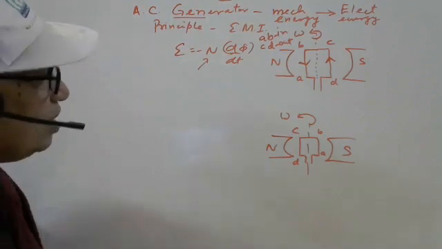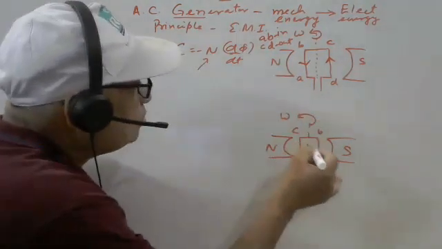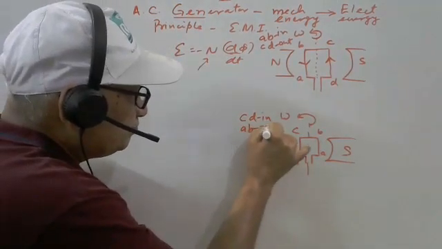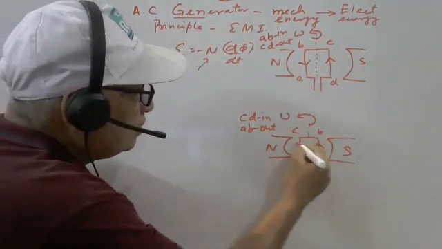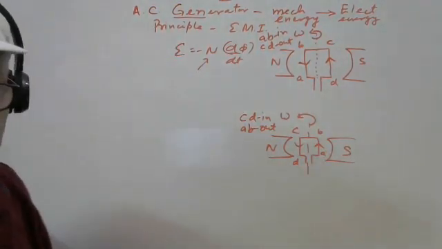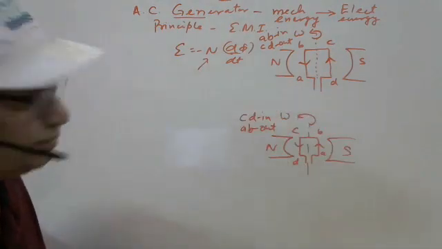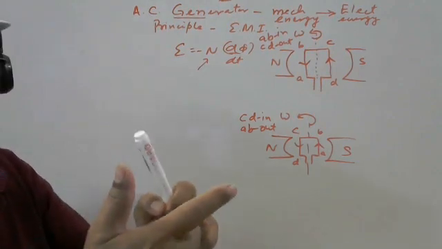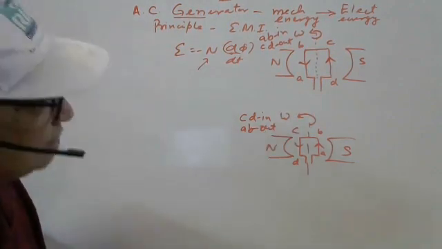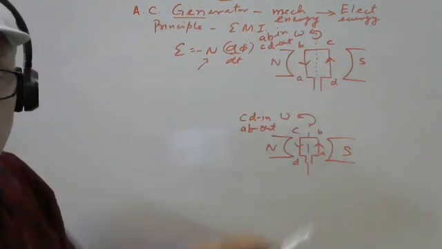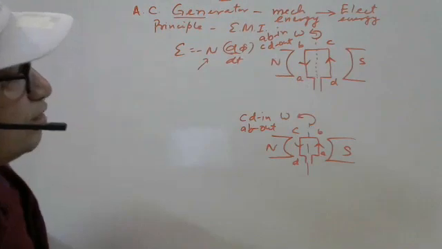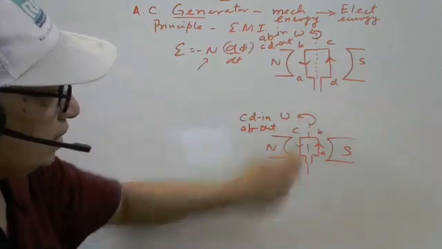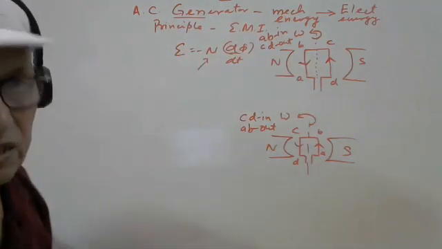It's the same. So it means here now CD is going inward and AB coming outward. Here also you can find out the direction of induced current using again Fleming's right hand rule. Thumb is force, then magnetic field, then current. So this is the current. It means here inside the generator, this is the sequence, but the sequence of current will be what? Here D, C, B, A, here A, B, C, D. So here it is AC.